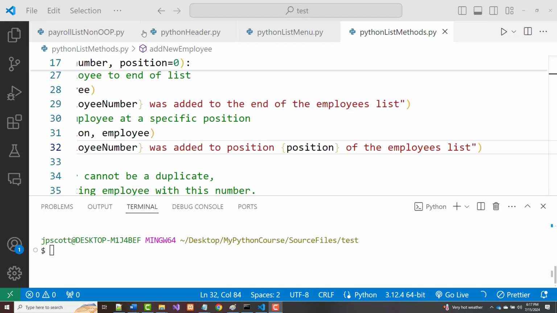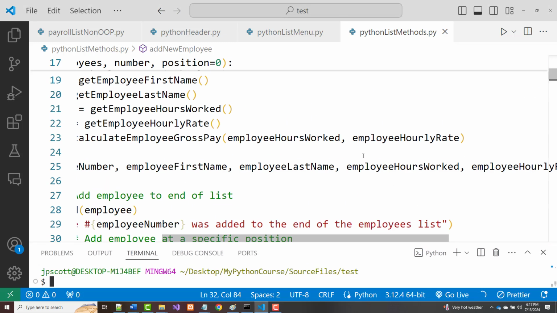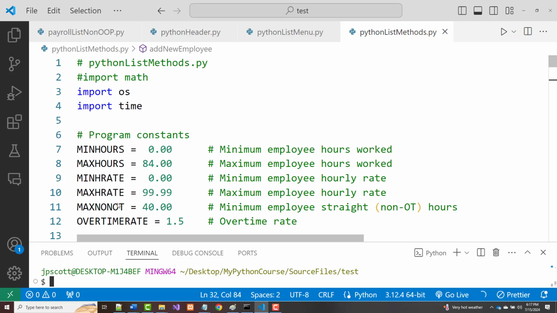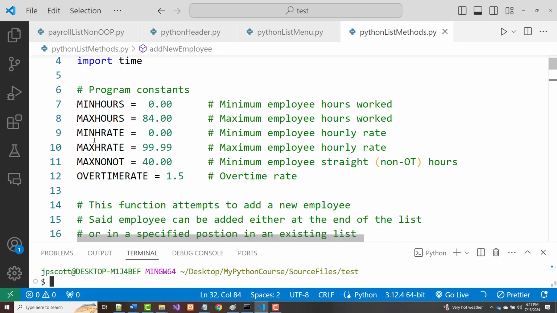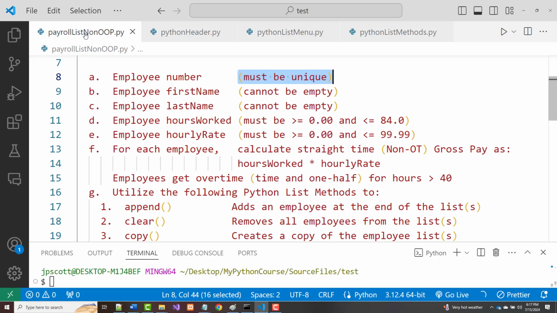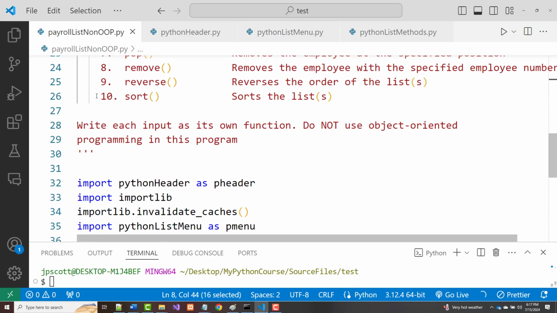All right, after a little bit of a delay, I am going to go through and run this. I have gone through all of the code, and hopefully, at least to most people, I've explained what's going on in here. But when I run it, I've got to run this file right here, the payroll list non-oop, which again is going to call